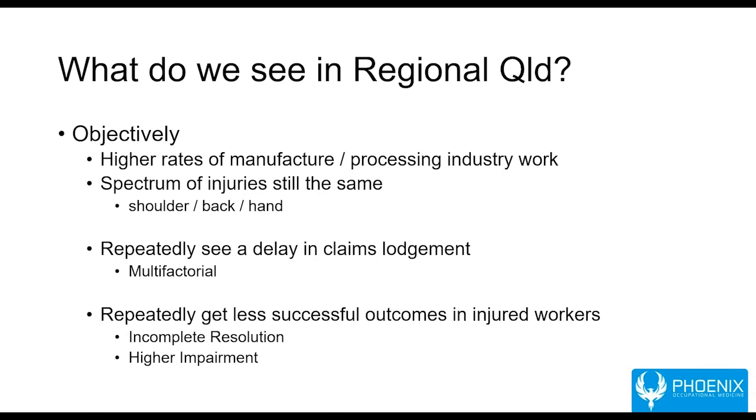The things that we see is often there is an incomplete resolution of what would normally be seen as a nice, simple, straightforward condition. And that's multifactorial: there's individual factors, there's systemic factors, and there's also treatment factors surrounding this issue. One of my roles is to perform impairment assessments on individuals after they've suffered an injury and illness and been deemed to be stable and stationary. And in general, I'm seeing a significantly higher level of impairment in rural and regional areas in injured workers for the same conditions when you compare them to people that have access to more facilities and more intervention at that earlier stage.